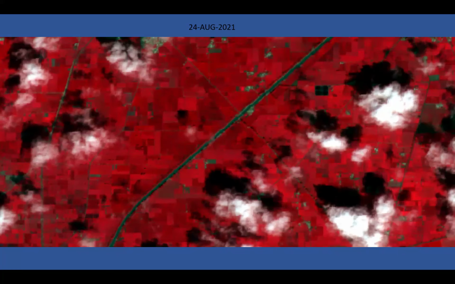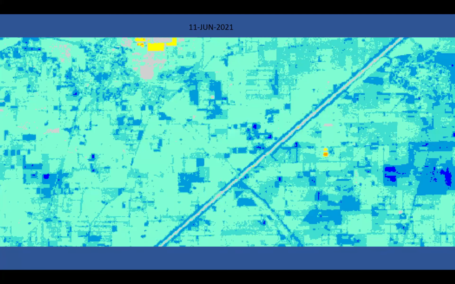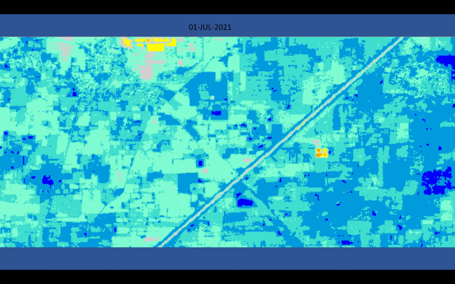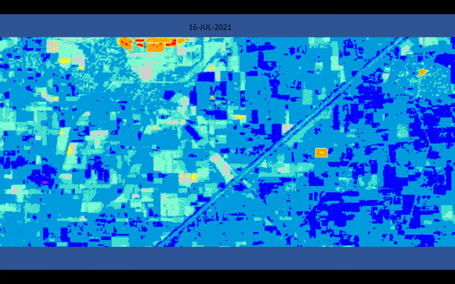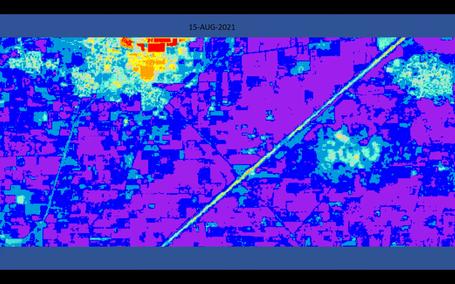This is the satellite view. Now if I put my index into it, this is the moisture index. My moisture index will tell me which fields have more moisture or water content and which have less. The same set of images, now I am doing the moisture analysis. Now you can see how the dark color is increasing, so this is how the moisture has increased from light blue to this.